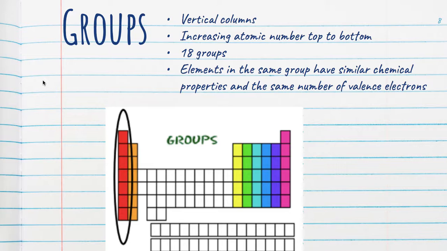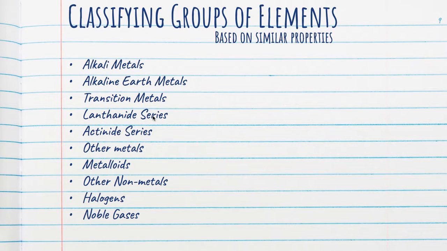Groups are the vertical columns, and again, they're increasing in atomic number from top to bottom. So there are 18 groups going from left to right, and all the elements in the same group have similar chemical properties, and they have the same number of valence electrons. Valence electrons are the number of electrons in the outer shell. So you'll notice as we go through the different families of elements, you'll notice some similarities. They can be classified into these 10 groups here,